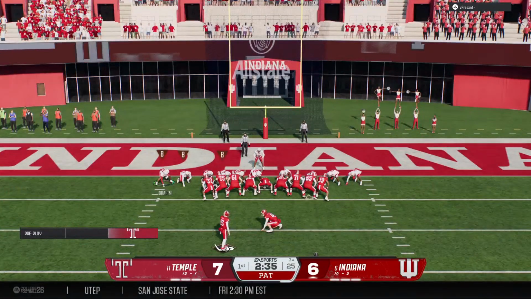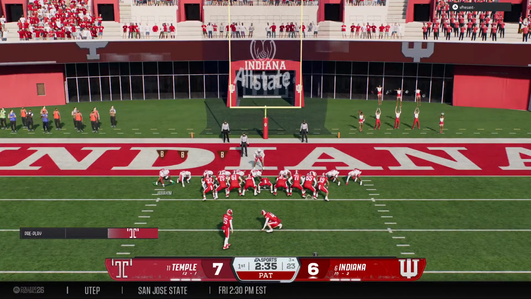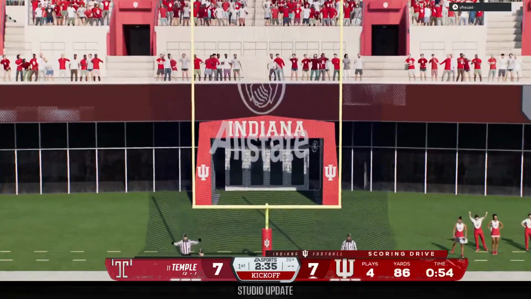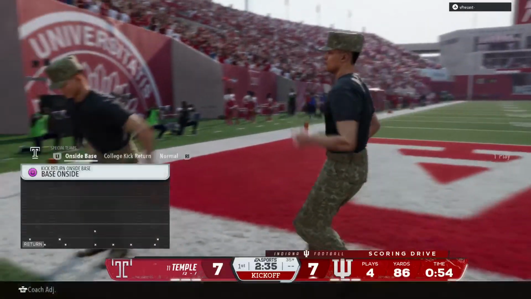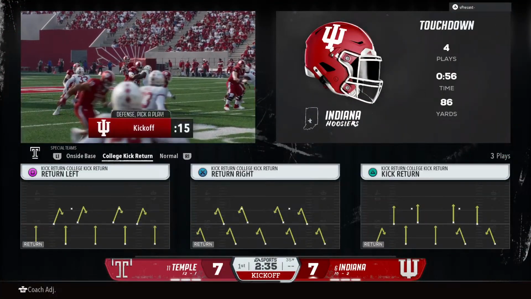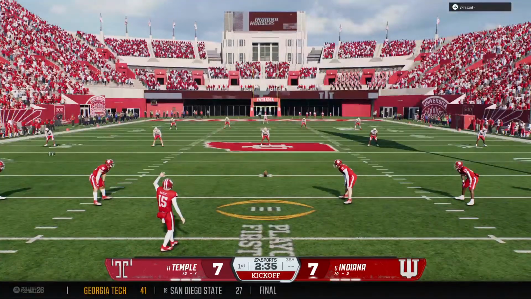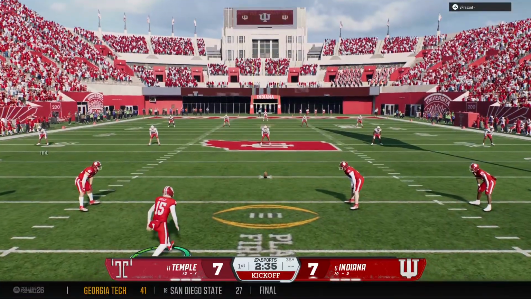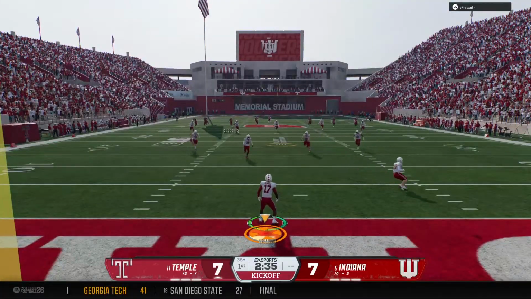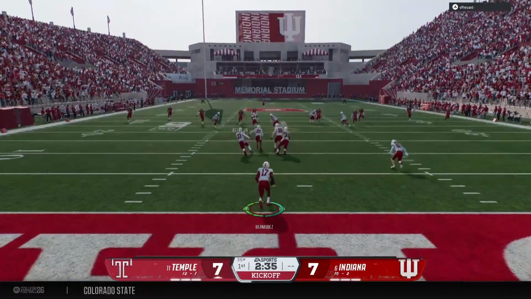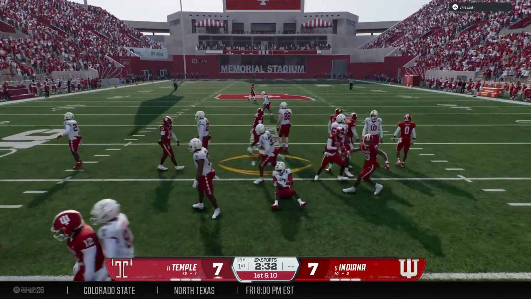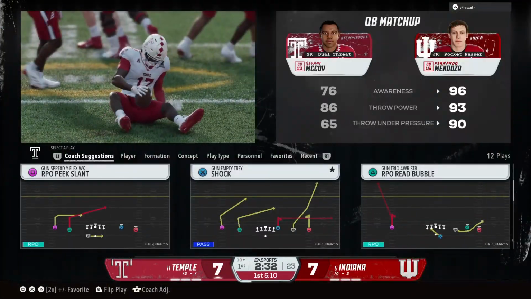Now they line up to kick the extra point. And he knocks it right through. Kickoff team out there. They are fired up after just scoring a touchdown. And it's fielded. Can the returner make something happen here? And he stopped at the 19. Good job by the coverage team.